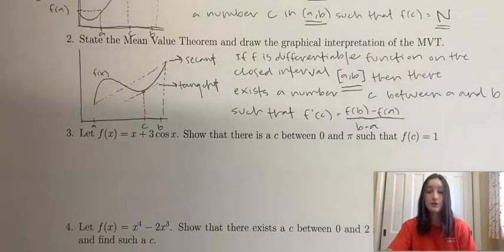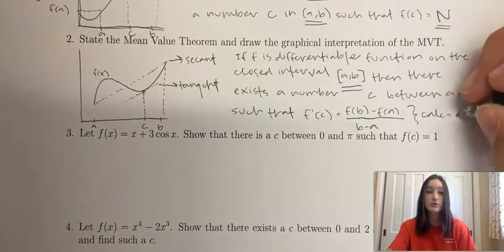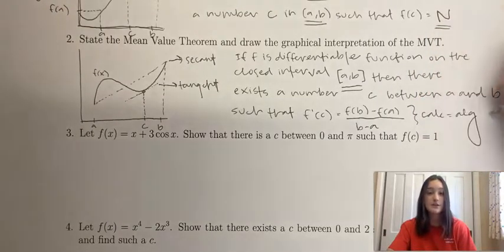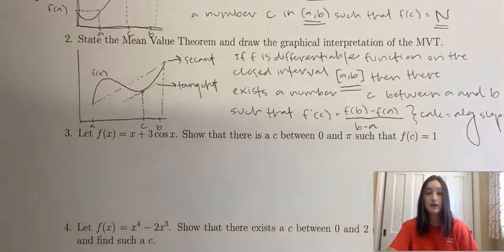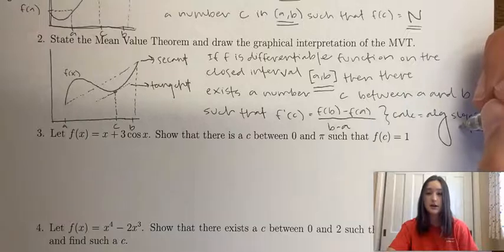So the first thing that we have to do on all these problems is basically to be able to recognize them as IVT or MVT. So when we look at this first one, show that there is a c between 0 and pi such that f of c equals 1. So I'm going to make this,